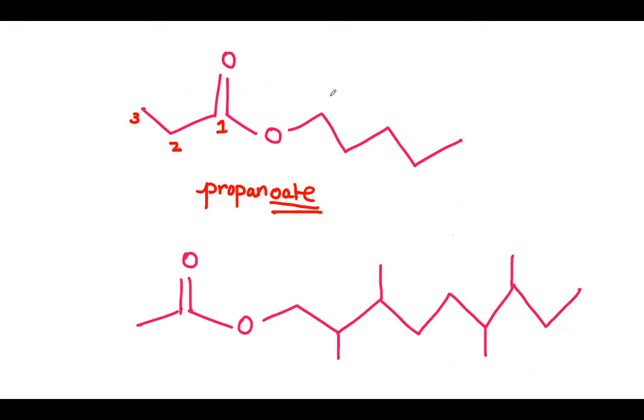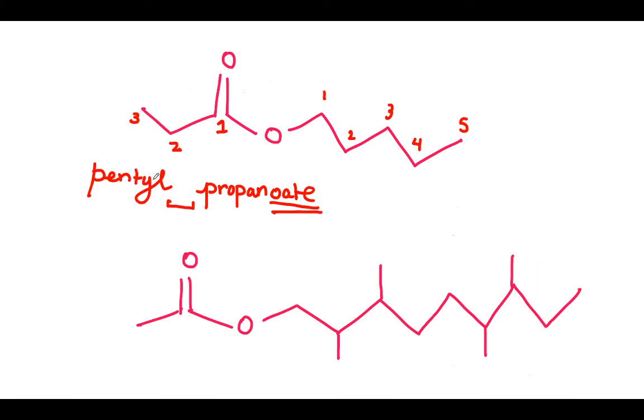And now on this side, I'm just going to use this as a side group. So pretend that this whole thing is a side group. So I'm going to do 1, 2, 3, 4, 5. So it's going to be pentanoate, and I want to leave a space between these 2 words, and that is important because that is only